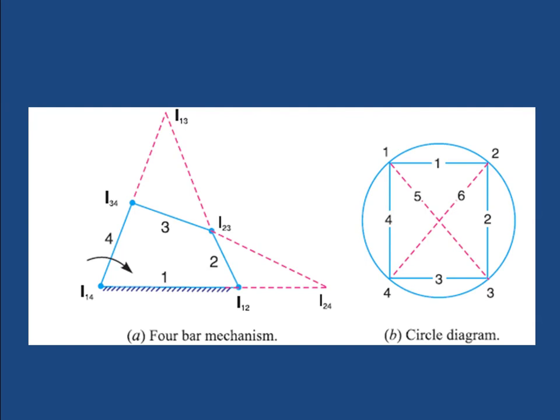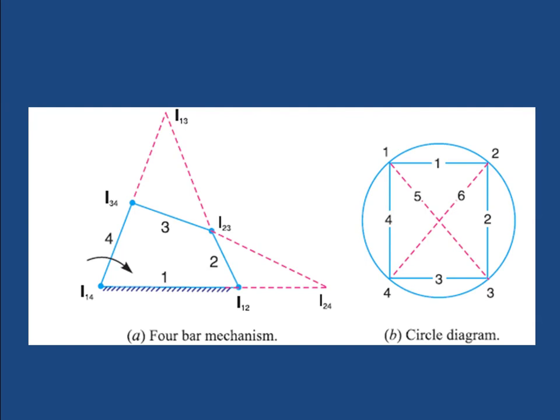First, you have to draw one circle, just a freehand circle or just using a rounder without any dimension. These are not for any dimension, just for how to locate it I am telling you. So draw one circle. In that, consider how many links are there in a mechanism, and draw a polygon inside the circle.